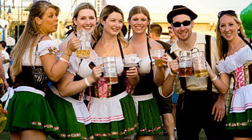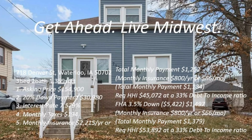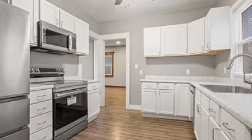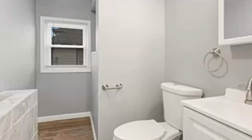And with a median household income of $55,317, this town can actually afford the homes that I've chosen to share with you today. And the first property I'd like to share with you today is 718 Denver Street. It is a 3-bed, 2-bath house with 1,359 square feet and with an asking price of